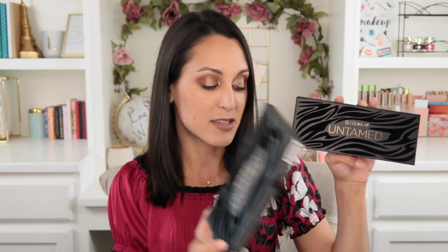I feel like since they launched the Enchanted palette and kind of went to this bigger rectangular format, people have had really good things to say about their eyeshadow formula. So I figured I would try this guy out. So this palette retails for $49. It has this really cool velvet kind of like zebra-y print textured detailing on the front. It's also the same thing on the exterior carton, which is just a nice little touch. You know, when you're gonna be spending $50 on an eyeshadow palette, you like to feel like you're getting a